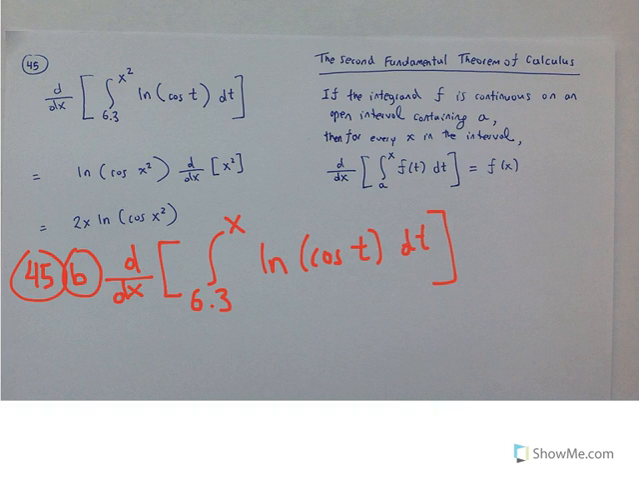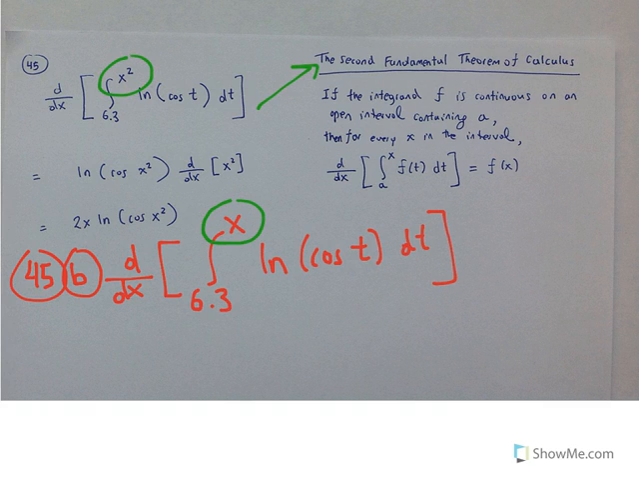Suppose we have this problem, 45b. The difference between 45b and number 45 is that in number 45b, the upper limit of integration is just x and not x squared. So you can do number 45b just by applying the second fundamental theorem of calculus, and